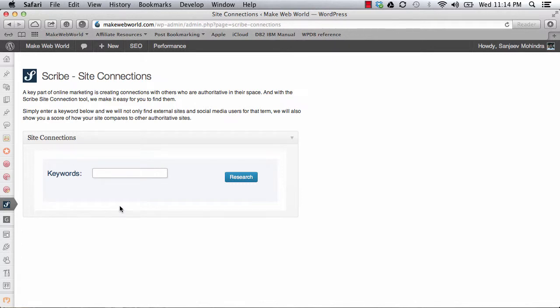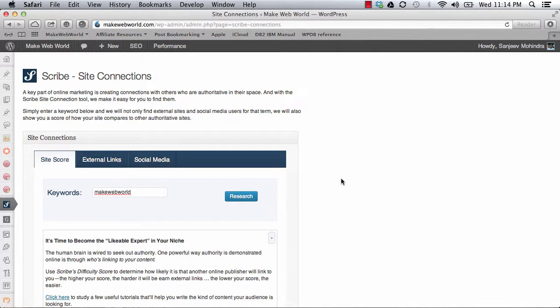This is where you try to search for your keywords and see where you can build links externally. So I'm going to search for my own domain name. Suppose that's the keyword I'm trying to rank for, it will give me different options.